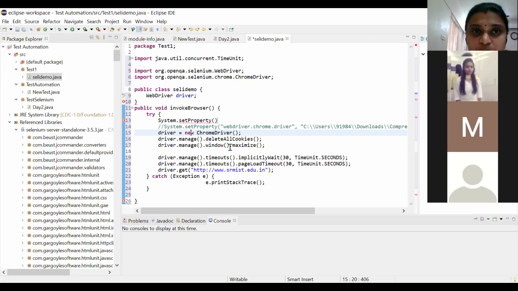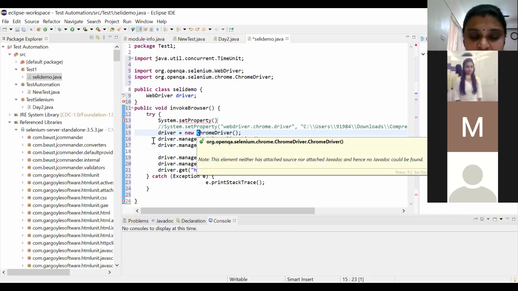I'm instantiating a Chrome driver here. So what am I trying to do? Through this, I'm controlling that particular URL. I'm going to automate a test to open a web browser, and all that I'm going to do through a script. So here, mention the driver, whichever browser you want to use.